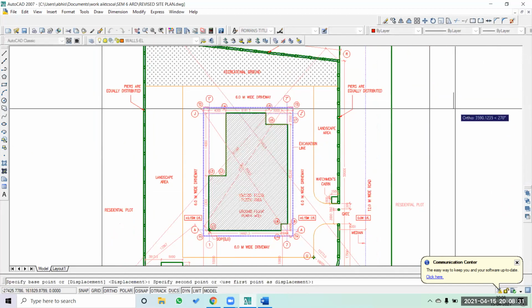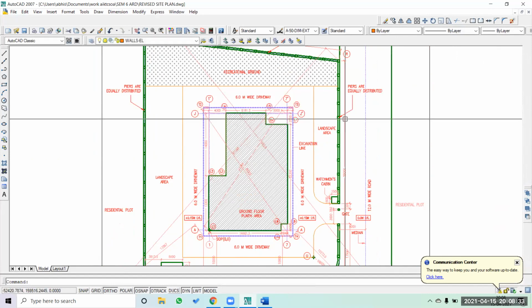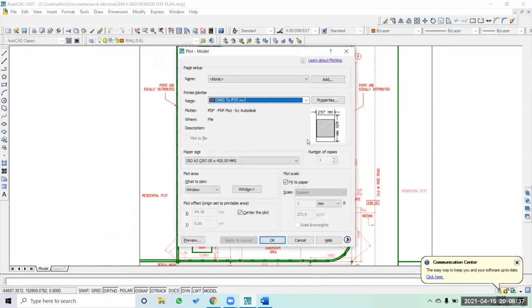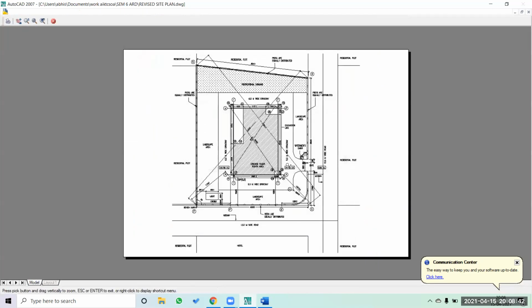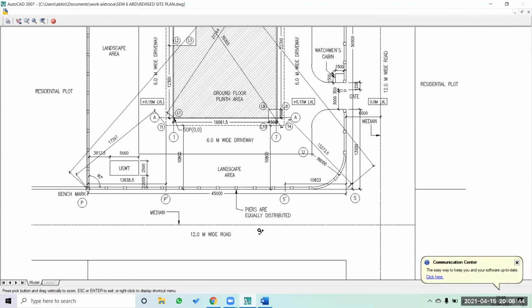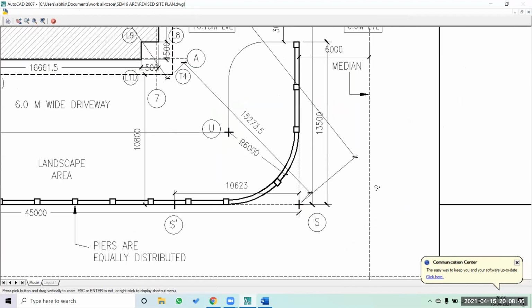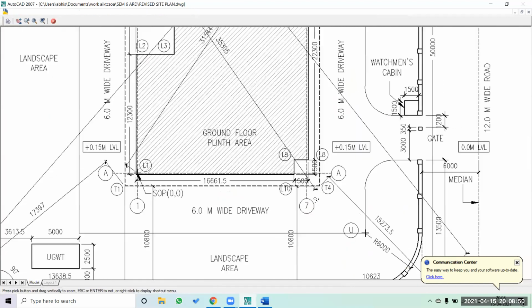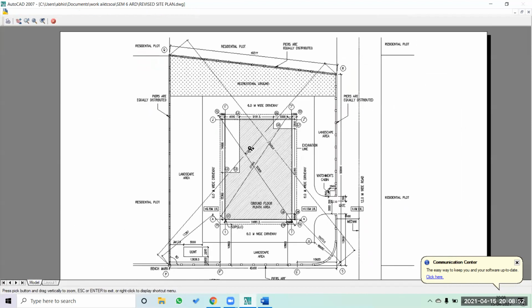It could be anywhere in this particular diagram. By just looking at this, you can understand that this is how the final drawing is going to be seen when we print it, with all the dimensions and everything.